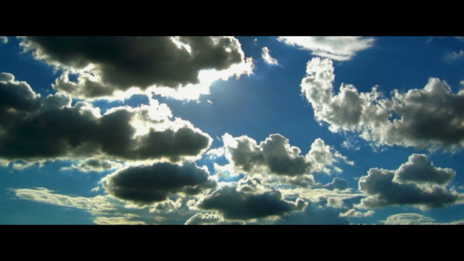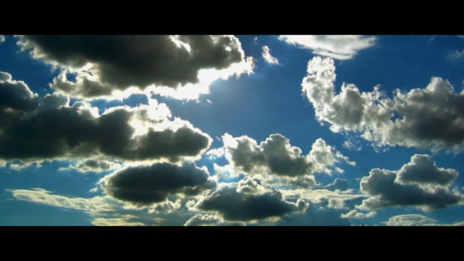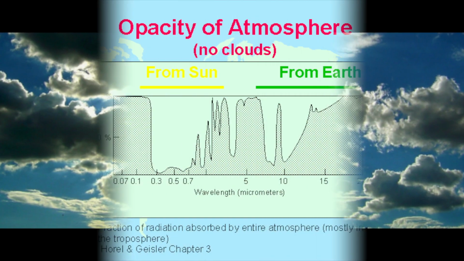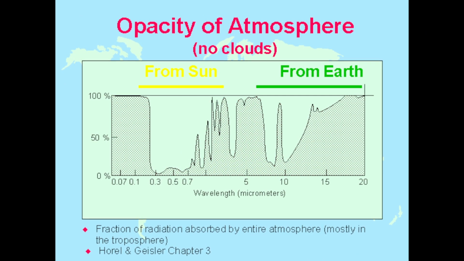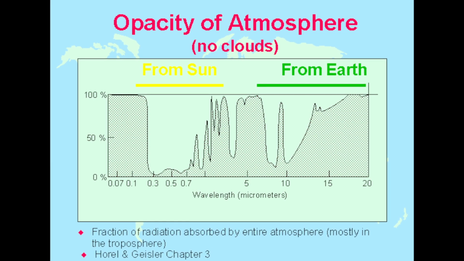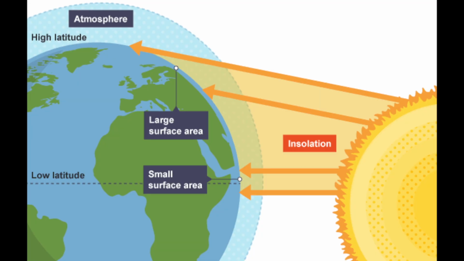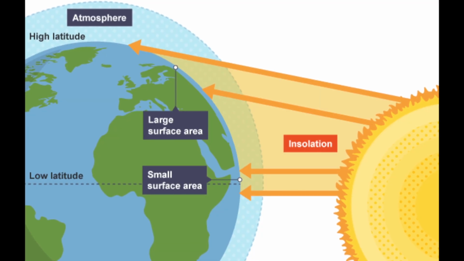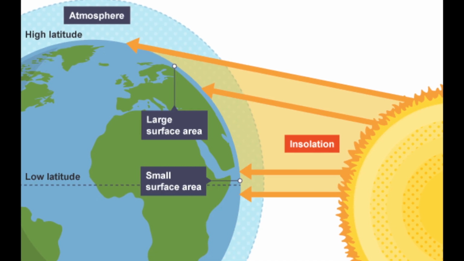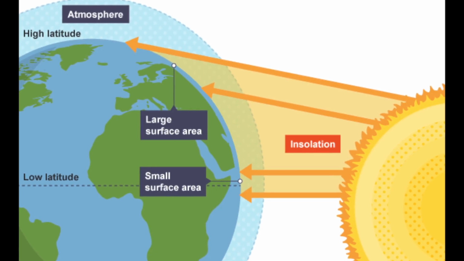Obviously, areas with heavy cloudiness and turbid atmosphere will receive lesser amount of radiant energy at the surface, but the transparency of the atmosphere varies with time and place. Transparency of the atmosphere is closely related to the latitude. In the higher latitudes, the sun's rays are more oblique, so that they have to pass through relatively thicker layers of the atmosphere than at lower latitudes.